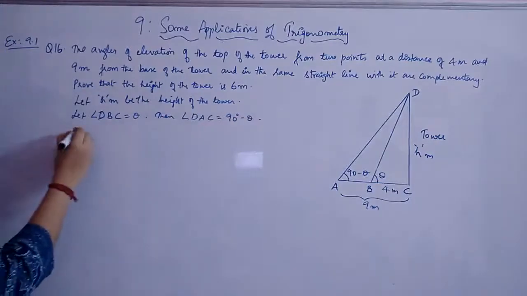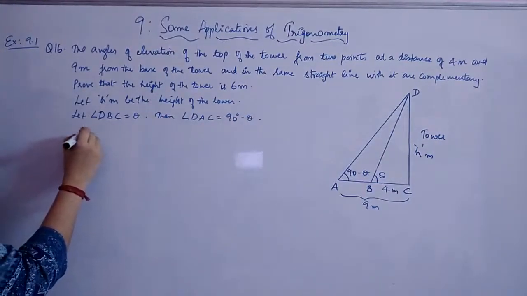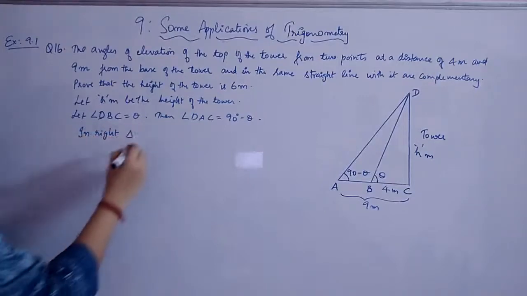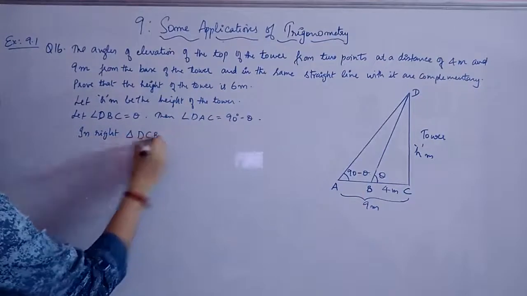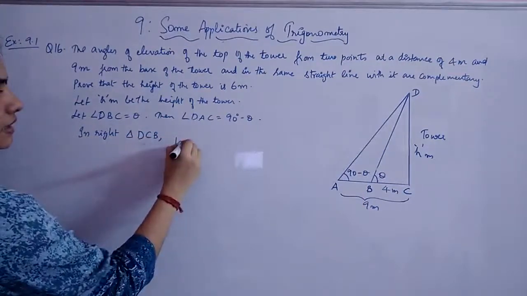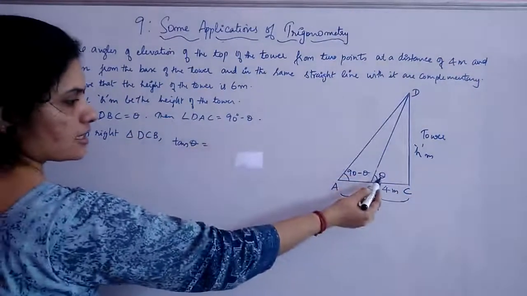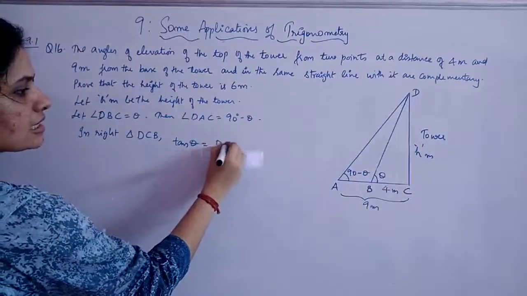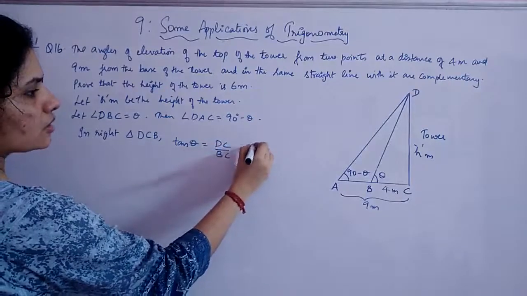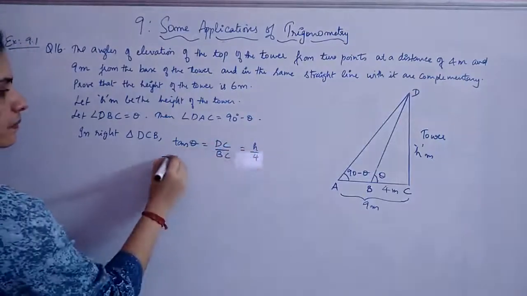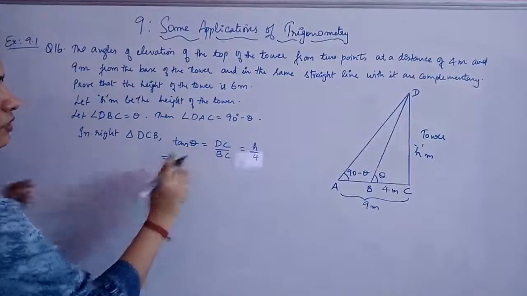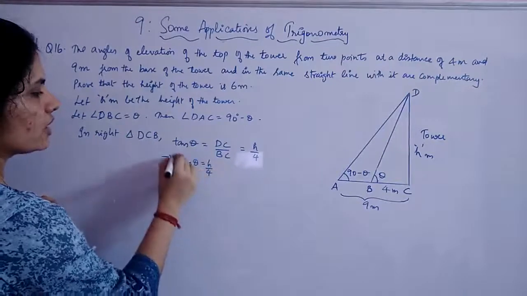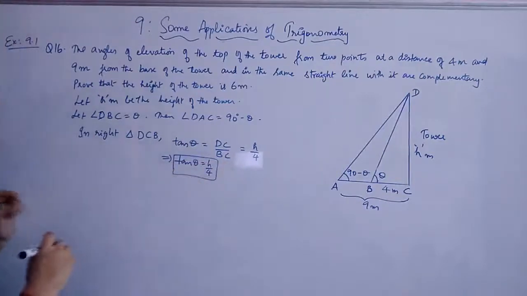Okay. Now we can start with the triangle concept, that is in a right triangle DCB. We are starting with tan theta. Tan of angle is taken as theta. So tan theta is equal to opposite side by adjacent side. So you will get DC by BC, which is equal to h by 4. And this will give you tan theta, let it be like that. Okay, that is tan theta is equal to h by 4. We'll keep it in brackets. We will use it later.